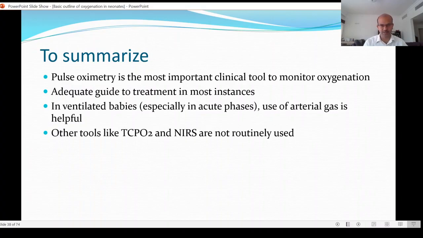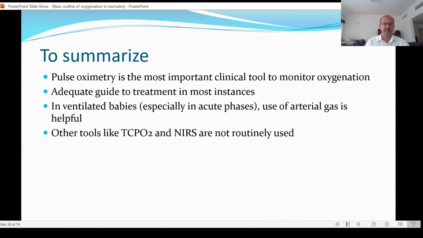For example, if you're going to the labor room, it has been well established that if you connect the probe first to the limb, you switch on the monitor, and then you connect the interface between them. So the probe and the monitor are connected after you have done both stages. It picks up quicker. And using some monitor with signal extraction technology, for example, may be able to give you readings faster. We should use a saturation as a guide, and in most instances you don't need the arterial samples,